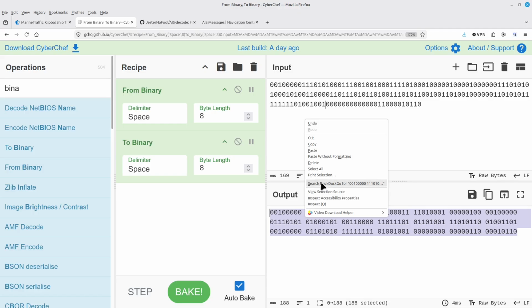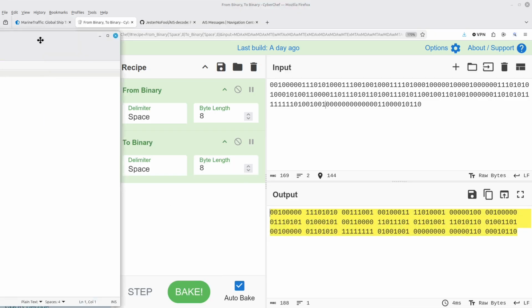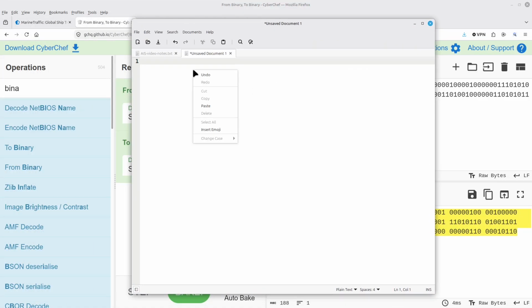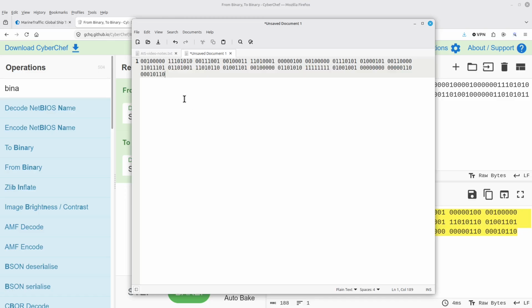I'm going to highlight this, click copy, and then I'm just going to bring in Notepad, paste these into here, and then I am just going to start manually reversing each one of these.